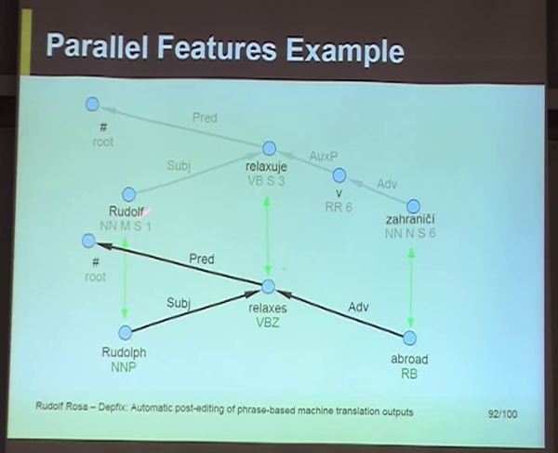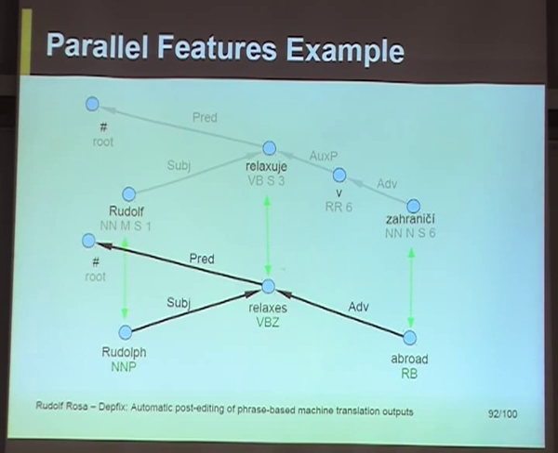So imagine that we have "Rudolf reaguje zahraničí", the sentence in Czech, and we don't know this parse tree yet. We want to construct this tree, but we don't know it. But what we know is the English sentence, "Rudolf reacts abroad", and its dependency tree. So for example, if we want to make this edge, Rudolf reaguje, for Rudolf we can look at its tag in English. For the edge we can look at its label in English, and most importantly we can see that this edge exists in English. So it's probably quite likely that the same edge should exist in Czech.